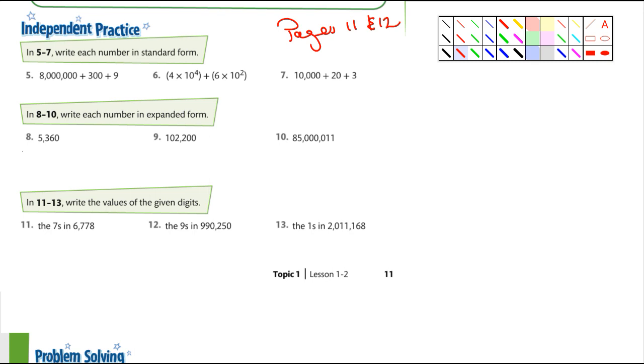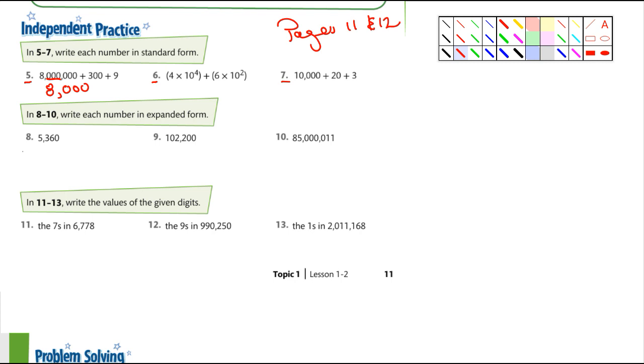So number 5. Looks like in 5 through 7, so 5, 6, and 7, they want you to write those in standard form. I think you guys could do that. So let's look at number 5 together. So it's going to be 8 million, and then plus 300 plus 9. So there's not going to be anything here. So it's 8 million, and then 3 zeros,